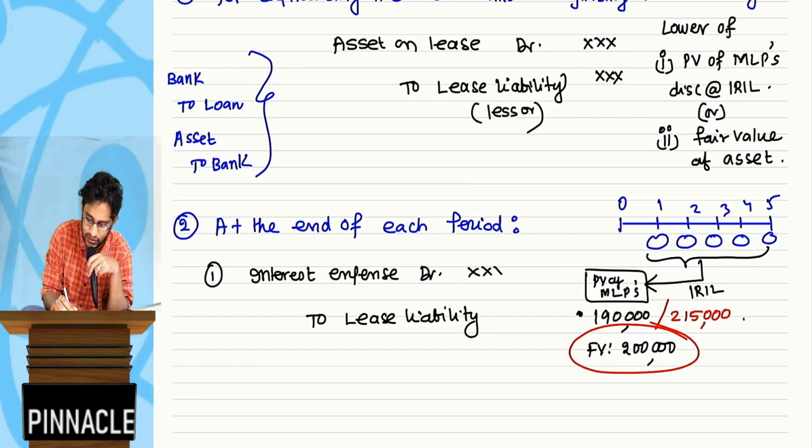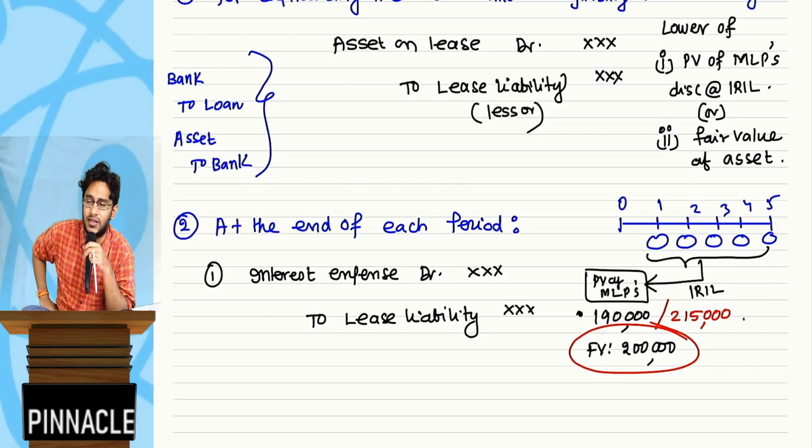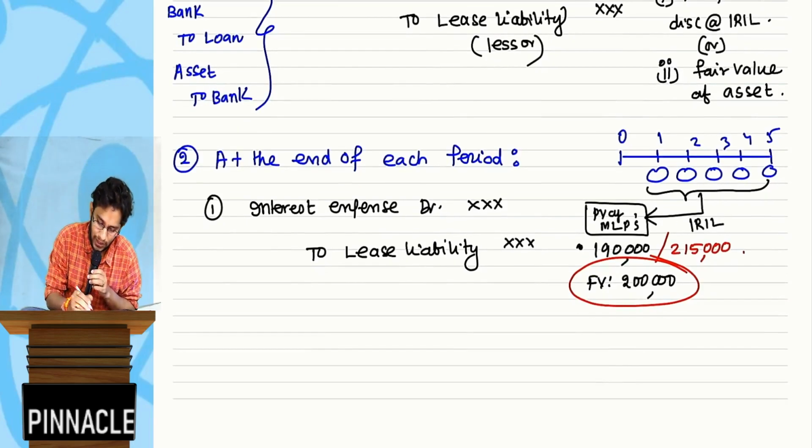This is which year's interest? First year's interest. Now carefully think, analyze and answer. Our lease liability first original entry had no interest, only principal. Now you added interest to that lease liability. Now your lease liability account represents total principal plus interest of first year. Correct? Now I pay installment. The installment has first year interest and also some principal amount. So when I pay, the entry will be